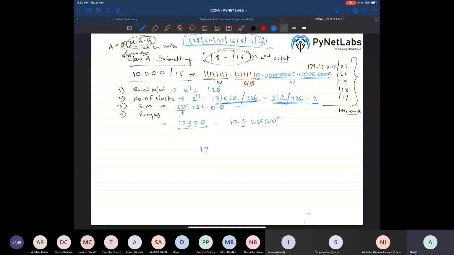We used to say 172.16.0.0 and then we stopped at 172.16.1.255. So this is where we made the change in the third octet. But over here, we just have one network prefix and everything is host, host, and host. Make sense? The next network out of these 128 networks will be starting at 10.2.0.0 and ending at